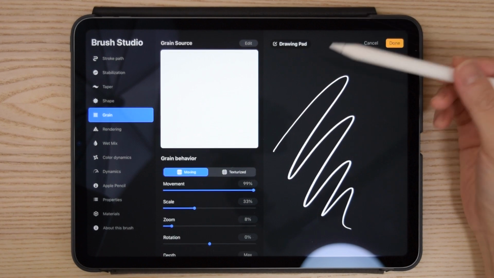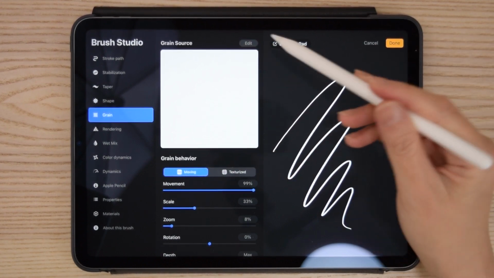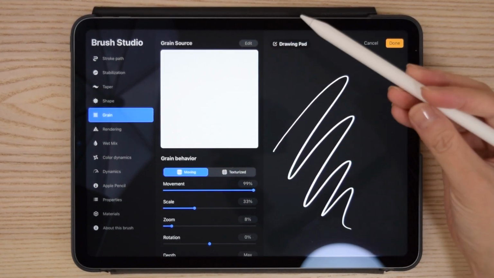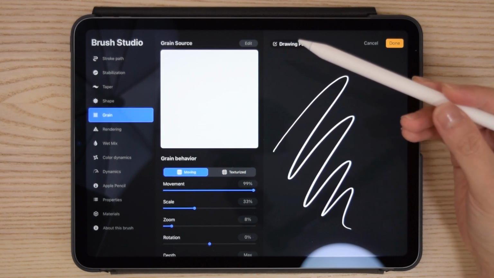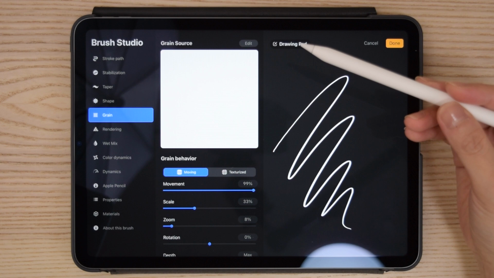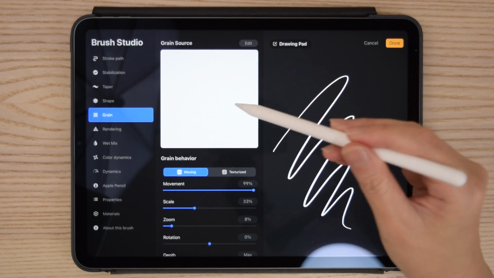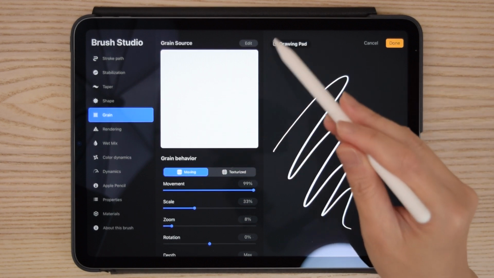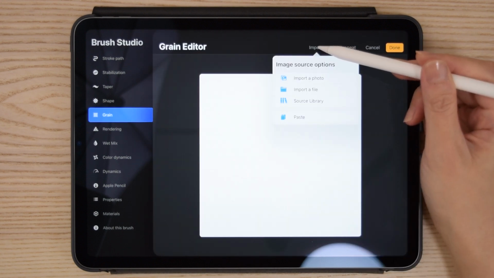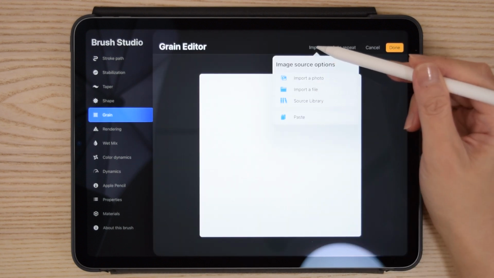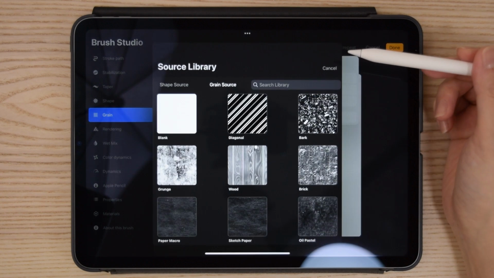I didn't add any textures to the brush, but sometimes if I want to have a brush with a crayon look, I would add the textures here. To do that, click on Edit next to the grain source here, and then click on Import. Then Source Library.